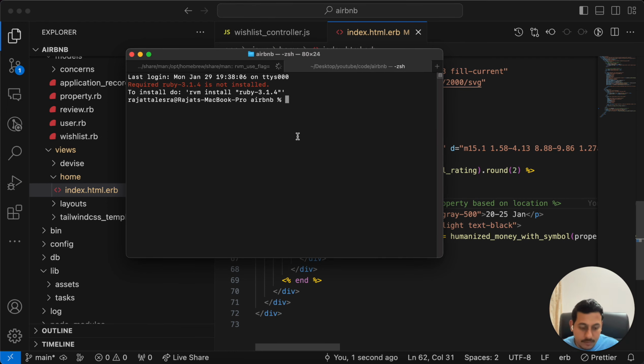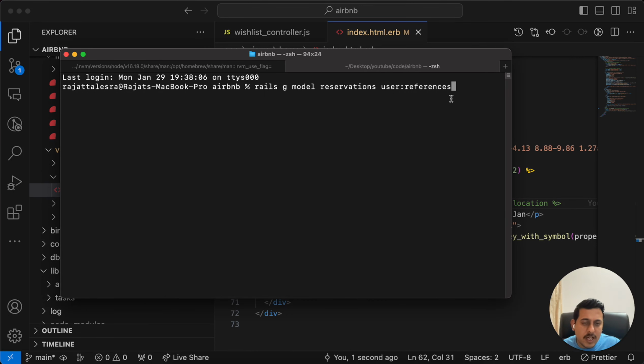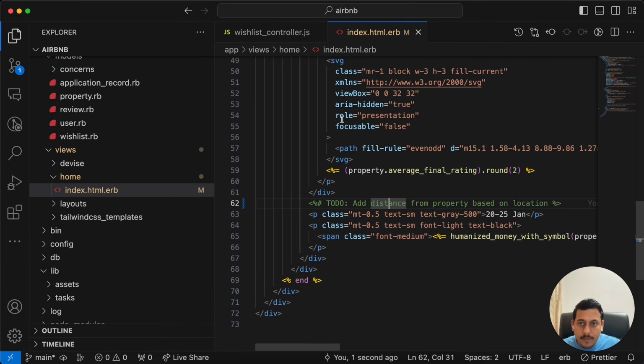So let me increase the size. What we will do? We have to create a table. So Rails generate model. We'll name this as reservations. What all things will be there? It will reference user. It's somewhat similar to wishlist, but it does have check-in and check-out date also. User references, property references, and